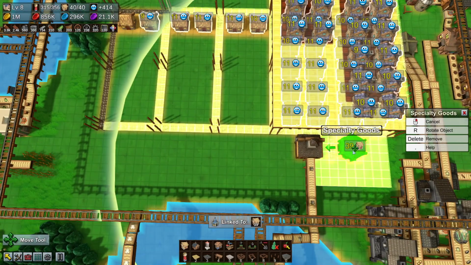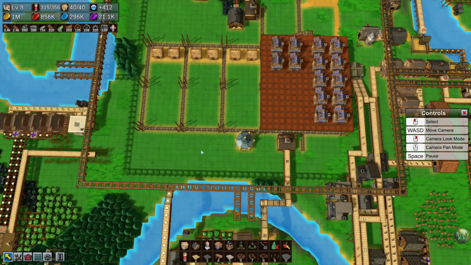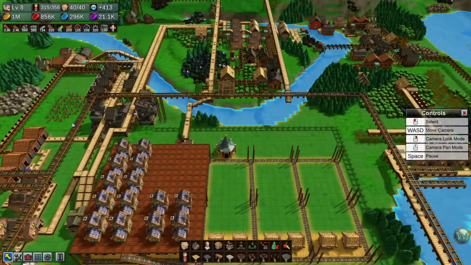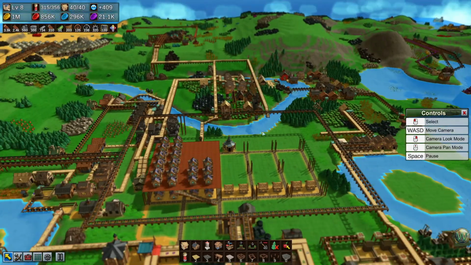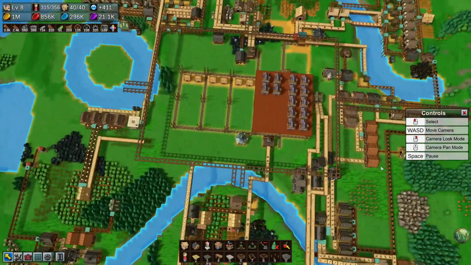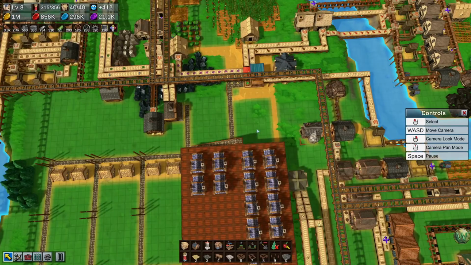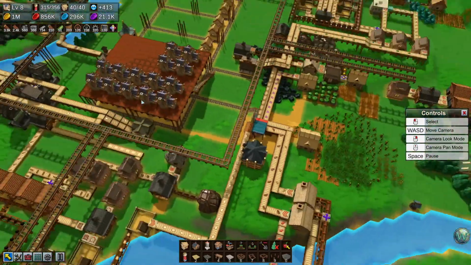And then we want to move this specialty goods store to be basically center of the side here. I'm not sure if that's where I want this one though, now that I'm thinking about it. Let's see. Does it matter? Probably not. We'll just leave it there. It's fine. And then we're going to move the market over here, but we have all this other stuff going in that we need to